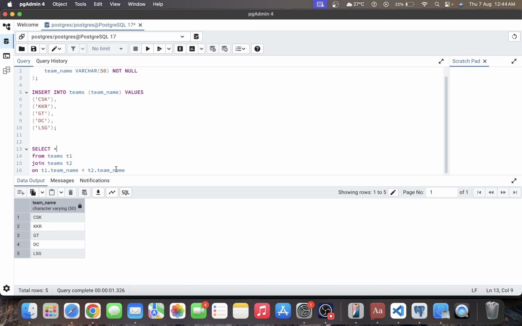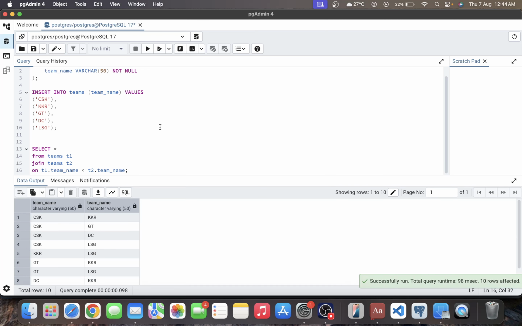Okay, let me run this query first. So now they are looking for the versus, like KKR versus CSK or CSK versus GT. They are looking for this kind of output. So to create this kind of output, we use the concat function. Concat, so I'm saying T1.team_name,